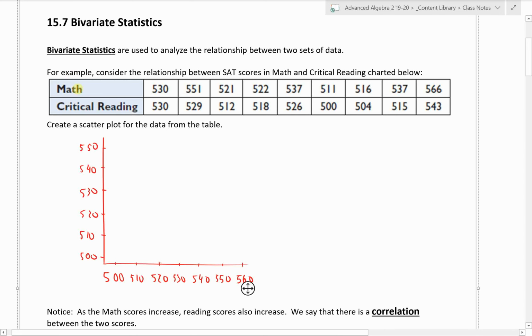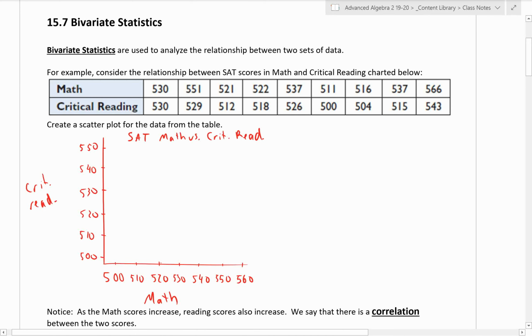So typically, I would just say the top row, let's call that the x or independent variable. In this particular example, they're interchangeable. Math and reading, one doesn't depend on the other. They could go either way, but we'll call the horizontal axis math and the vertical axis critical reading. It is important that you label your axes, and it's also good to label your whole plot. So maybe call it SAT math versus critical reading, something like that. So important things to make sure you have: label your axes, give a good, consistent, clear scale on both axes,